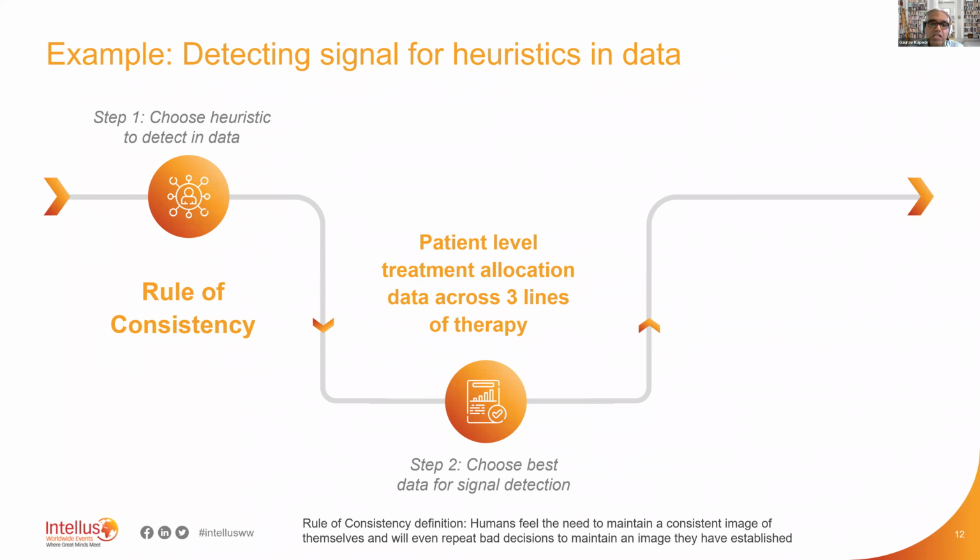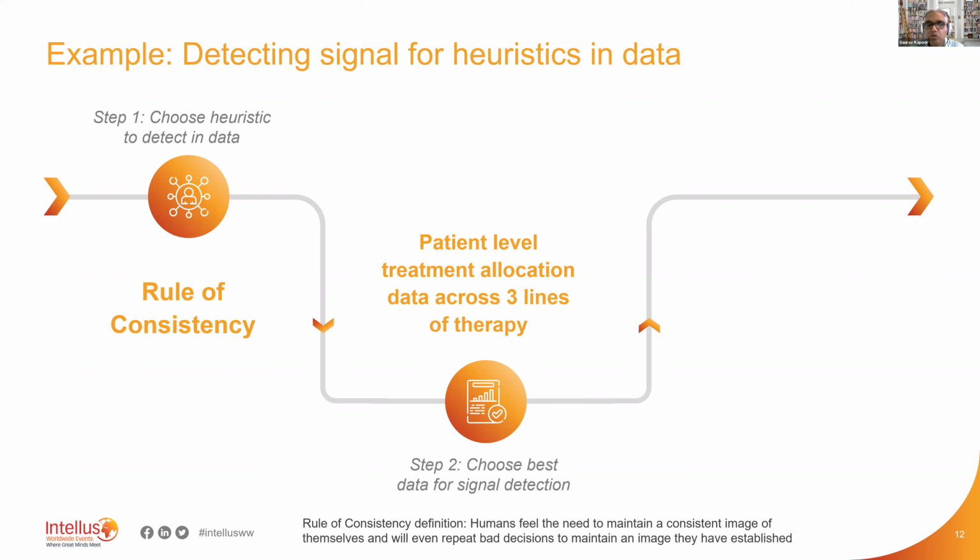Let me look at first line, second line, and third line treatment data and see how many of their patients are they treating, mostly using the same first line, second line, third line options. They wait for 6 months after first line. So they start with metformin if this was diabetes, and then maybe they wait for a couple of years, and then they put them on a DPP4, and then they wait for another year, and then they put them on a SGLT2 or whatever.